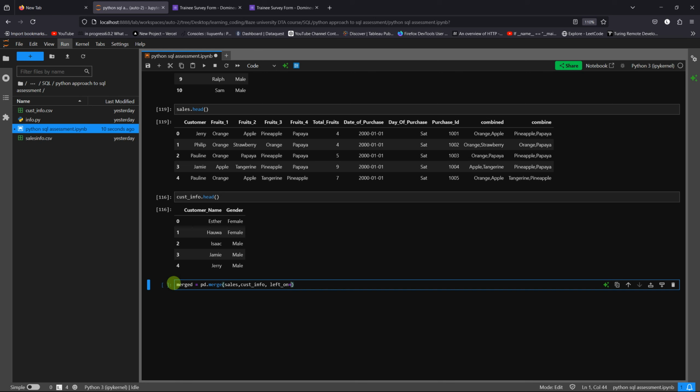So on the left, which is the sales, I want to do a join on the customer. Then on the right, this is the left, this is the right. The sales is left, the customer info is right. Where do I want to do the join on? I'm going to do the join on customer name, so customer